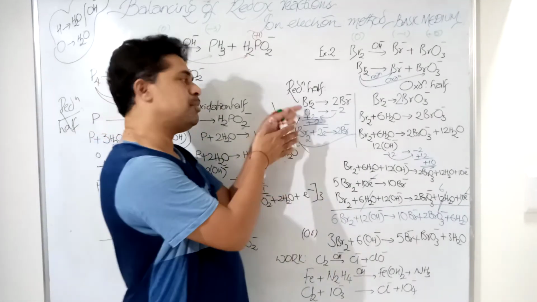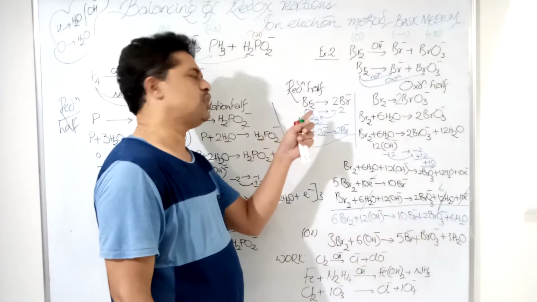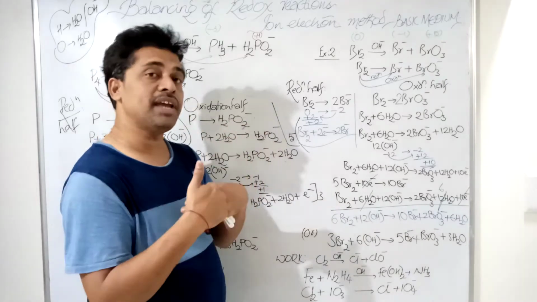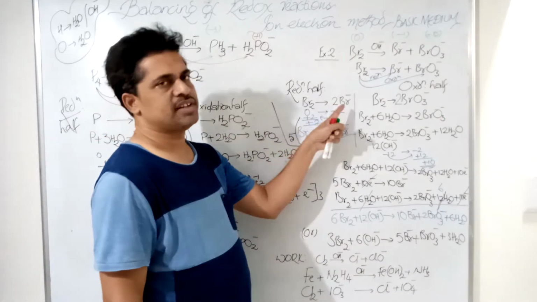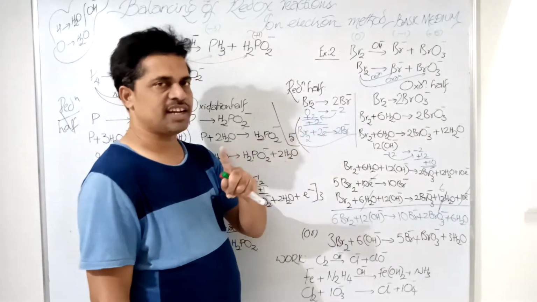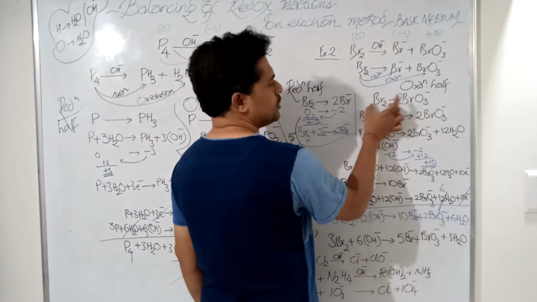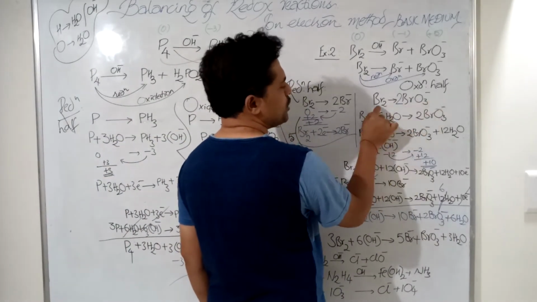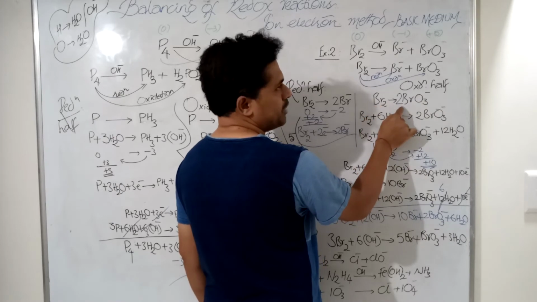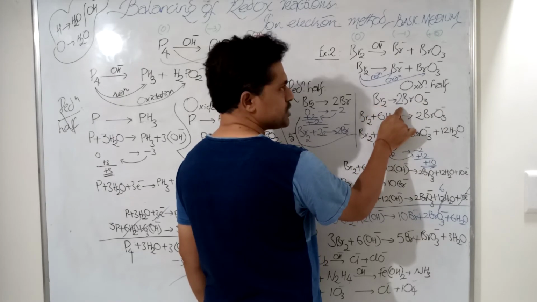Okay, now I didn't take a Br. For your idea, I am writing Br2 also. Okay, if I have taken Br, it will be only Br minus. 1 electron only will come. Okay, understanding? So Br2 I am keeping. Now here also Br2. Okay, BrO3 minus. So first bromines to be balanced. So I am taking here 2 BrO3 minus.